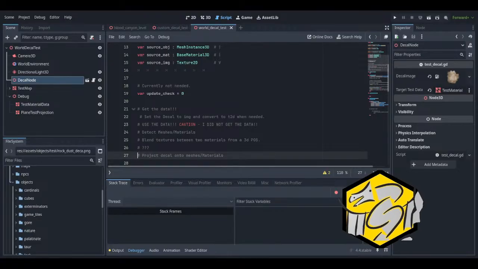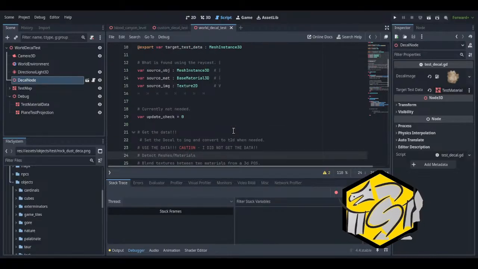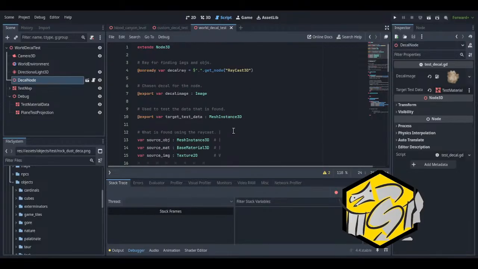Alright, let's see here. Yeah, I remember now. The texture. We're trying to convert our chosen image. Or no, we want to blend it.